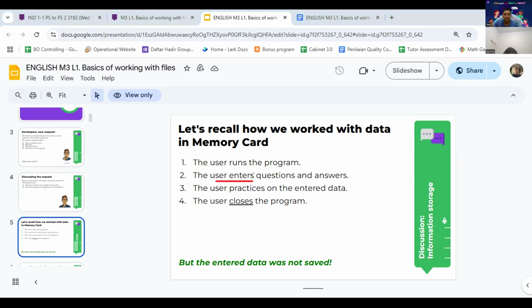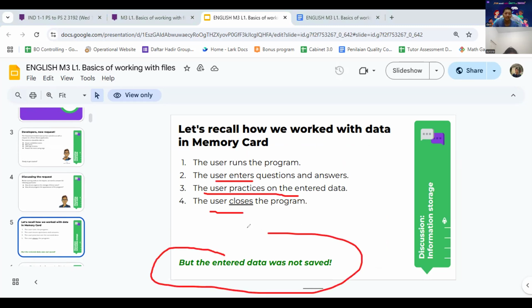The user enters questions and answers. Then the user practices on the entered data, and the last one, the user closes the program. But the entered data was not safe, right? The entered data in memory was not safe.